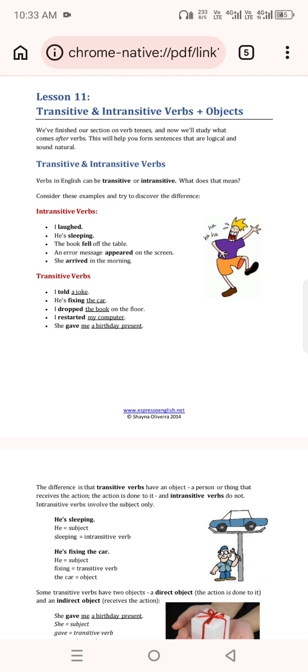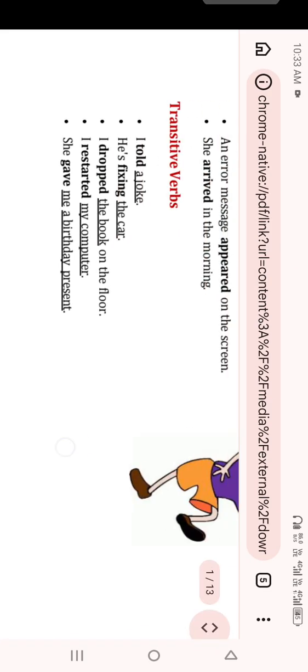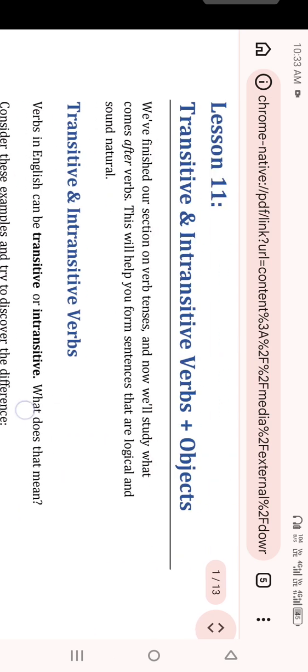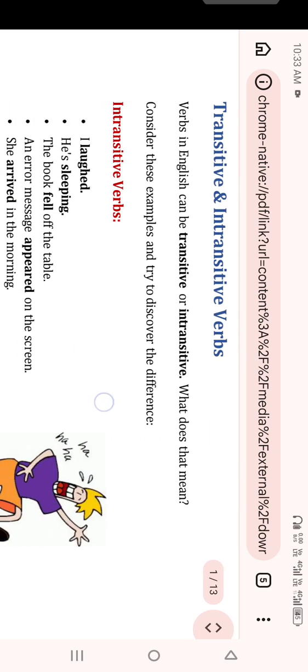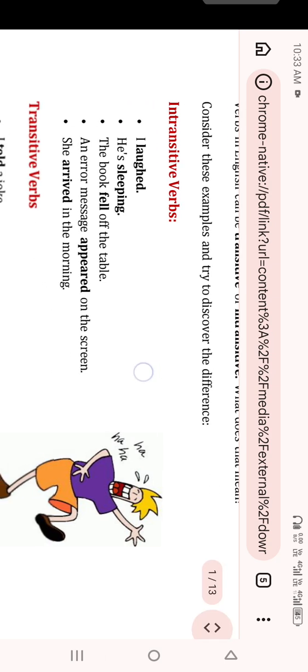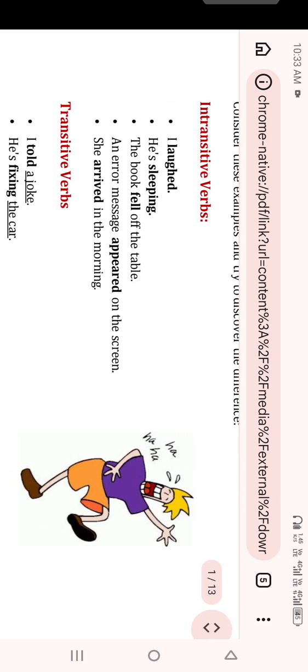So we come to the topic: transitive and intransitive verbs. Verbs in English can be transitive or intransitive. So what does it mean? Here we have a few examples. Intransitive. The word